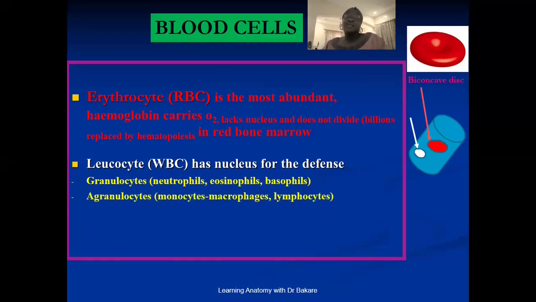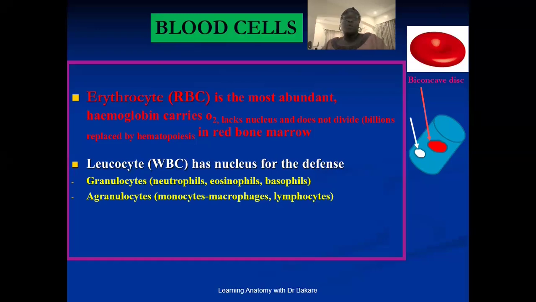The basis for this subdivision is the deposits of granules. So the white blood cells that are seen with granular deposits are referred to as granulocytes, while the white blood cells that do not have deposits of granules are referred to as agranulocytes. Under the granulocytes, we have the neutrophils. The neutrophils are basically responsible for trapping microorganisms. We also have the eosinophils that target worms, and the basophils that are responsible for creating an alarm for the surrounding